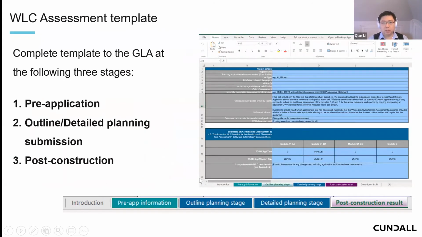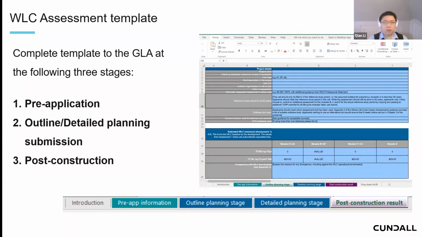As I said, we also developed a reporting template people need to fill in and submit back to the Greater London Authority as part of the planning process. This enables people to review the data submitted and also makes it easier to compare data with each other. We follow the same reporting template we set out in the RICS professional statement. Again, this is to provide a consistent reporting format and also to make sure people are reporting the necessary modules during the necessary lifecycle stages.